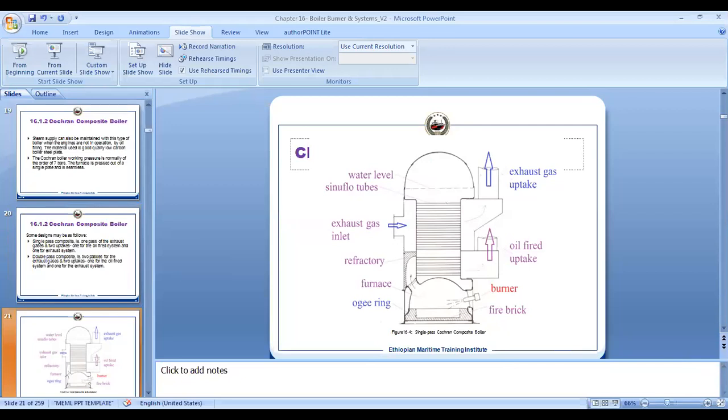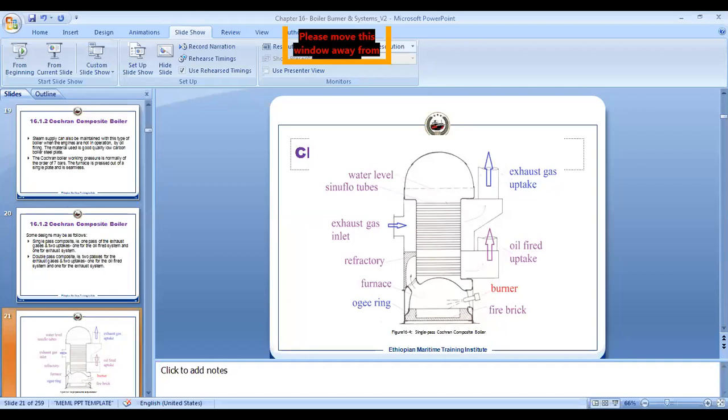Alemayu, go ahead, please. This arrangement of the smoke tube, is it vertical or horizontal alignment? No, the tubes are horizontal. Which one is better? I think vertical, mostly we are seeing on board ship is vertical alignment. The smoke will come from down parts and it will pass through and escape from the top, yeah? But if it's in horizontal direction, maybe the carbon will be deposited more, yeah?